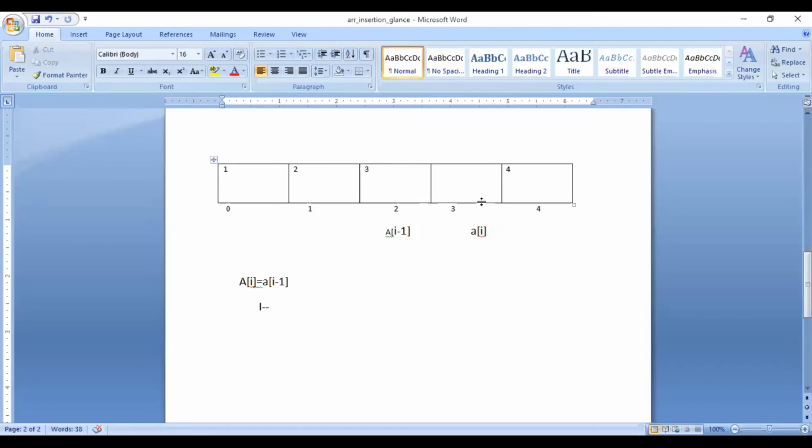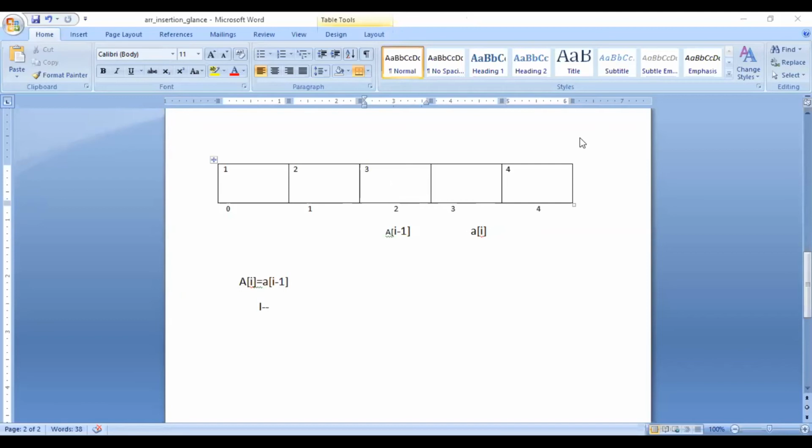Now again here, what will be performed? A of I equal to A of I minus 1. So again, which element will be transferred? Can you answer me? Which element will be transferred again, 3 or 2? 3. Where will it be transferred?